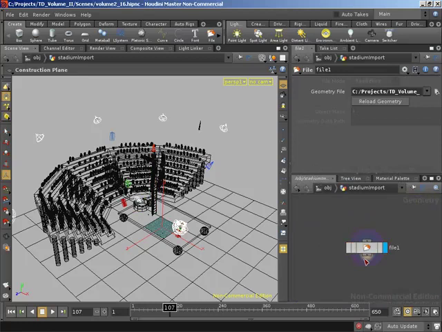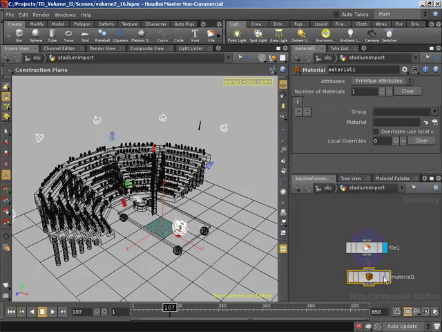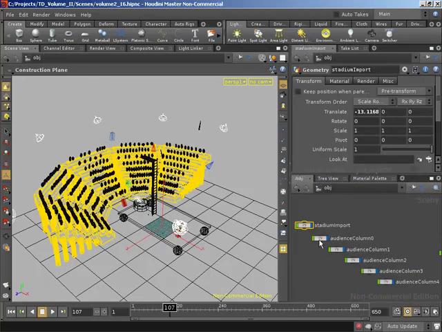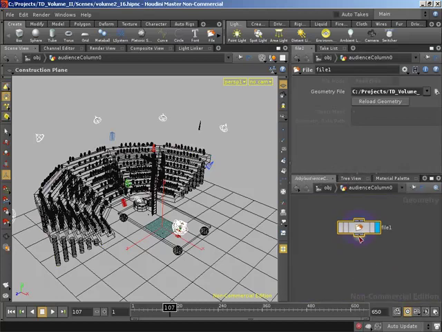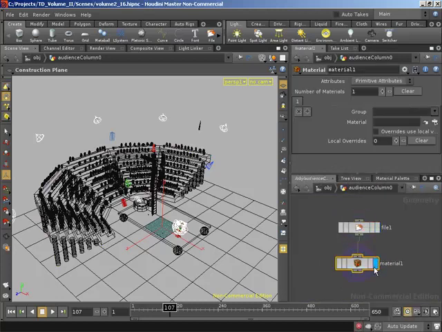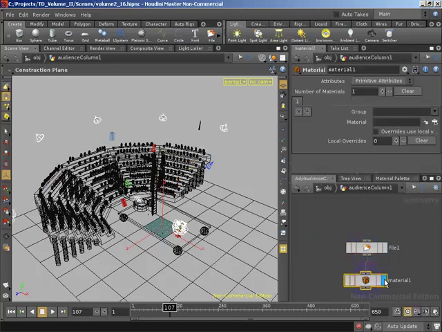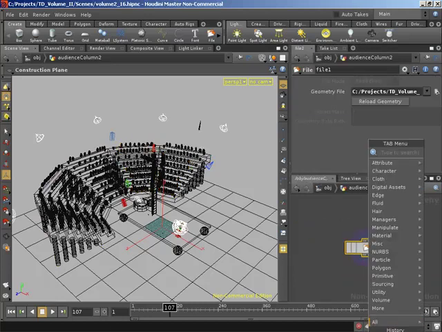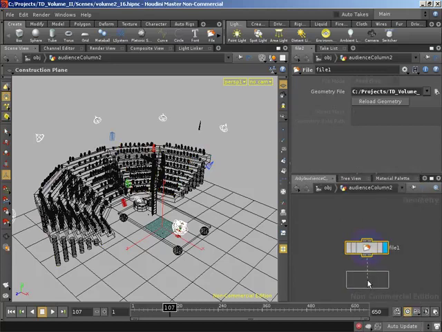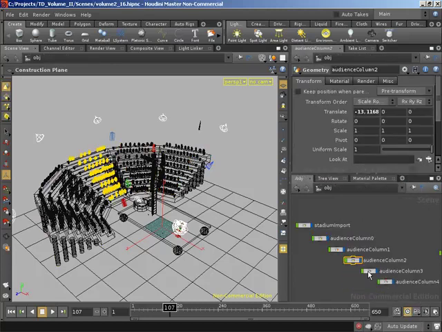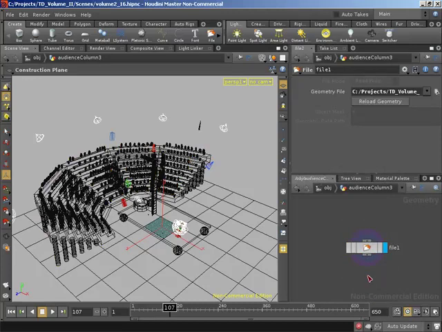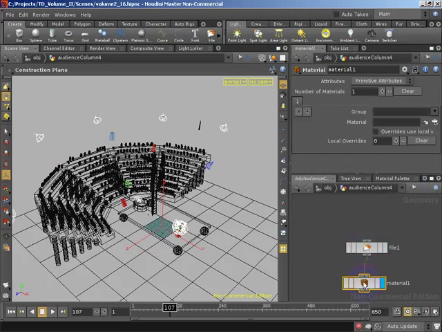So I'm going to take our file and wire that into a material, set the visibility down, and I'm going to do that on all of the audience columns as well. So right click on the output of the file, create a new material SOP, drop that in, set our visibility to it. Let's repeat for all our other columns. So create a new material, set our visibility, create a new material, set our visibility, new material, set our visibility, and finally right click, create a new material, enter to drop that into our network, set our visibility,